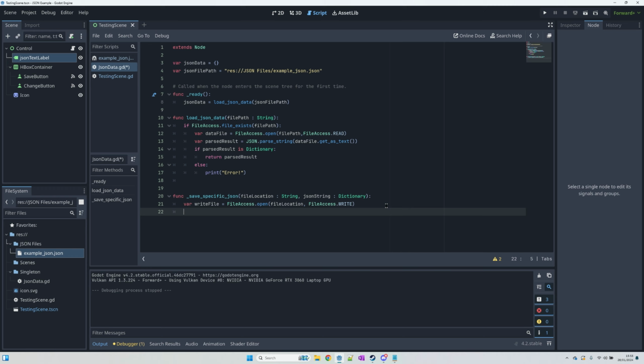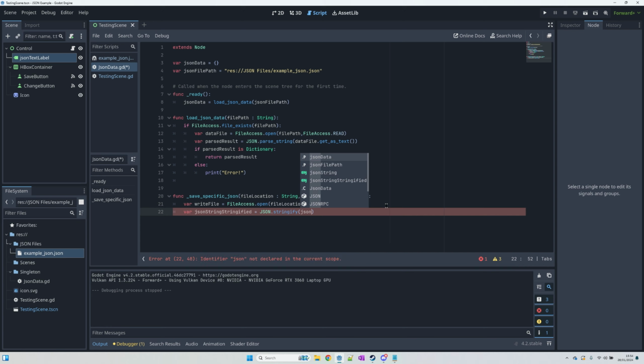Now we're going to format the JSON and change it back into JSON. Right now we've got it as a dictionary and we want it to be back as a JSON. So we're going to do a thing called JSON.stringify, which is just formatting it back into JSON format. So we're going to get a JSON stringified, and then we're going to do JSON.stringify, and in this function we're just going to pass through our JSON string,